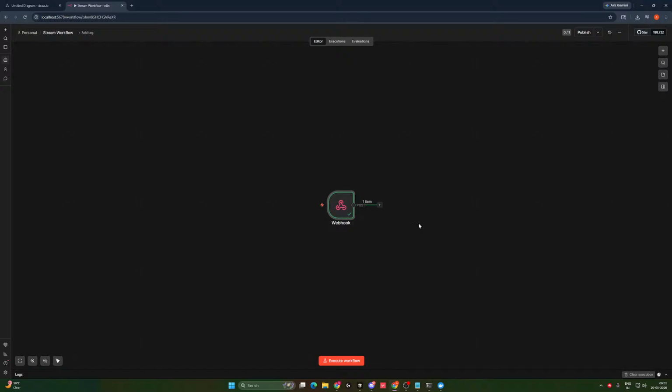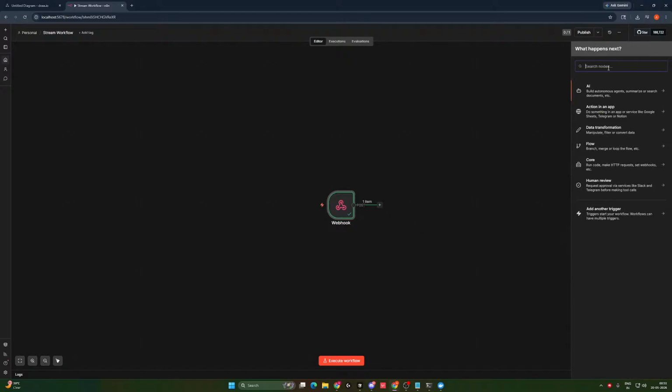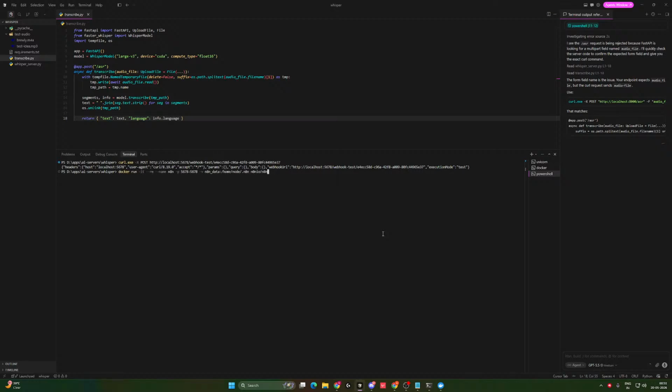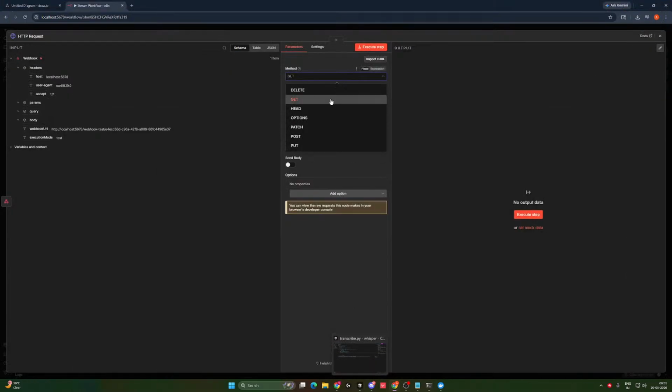Okay, so we'll be adding an HTTP request node here. If you remember, our API to transcribe was a POST API with a particular call. So we'll just change it to POST.